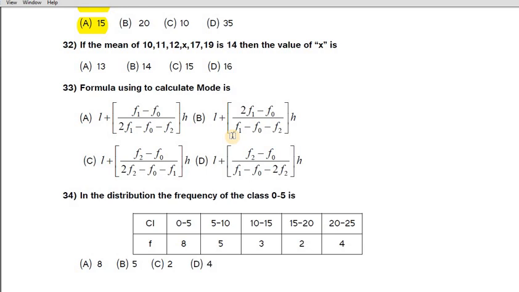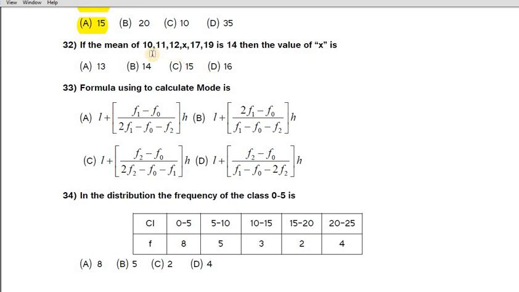So mean is given, that is 14. In the place of x bar substitute 14, and in the place of sigma x add all the terms plus x, divided by how many terms are there here? 6 terms are there. So I repeat again children, x bar value is 14 and in the place of sigma x add these terms.